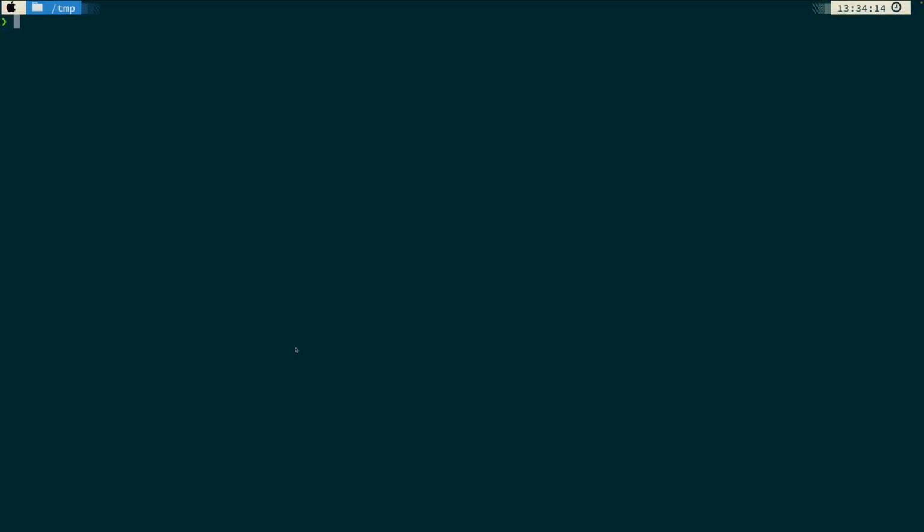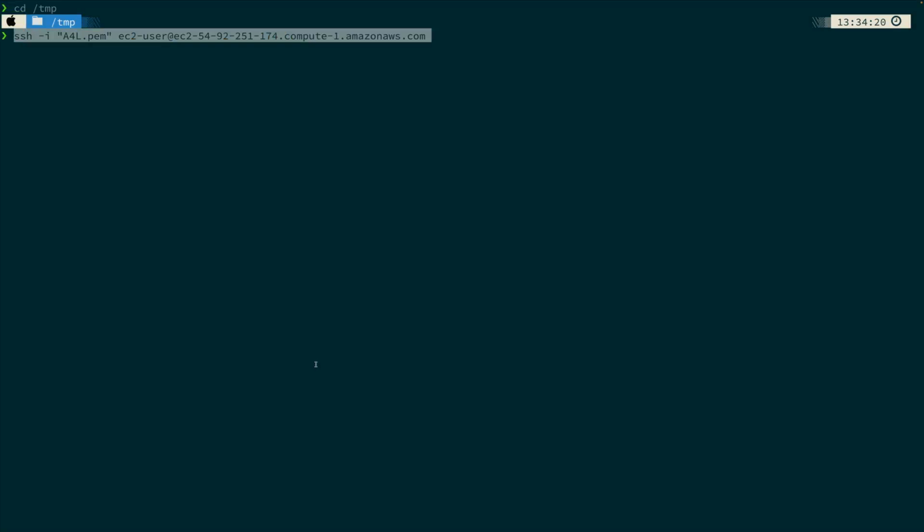In my case, I'm running macOS, so I'm using a terminal application. Then you'll need to move to the folder where you have the PEM file stored or where you just downloaded it in one of the previous steps. I'm going to paste in that command, which I just copied onto my clipboard. This is going to use the